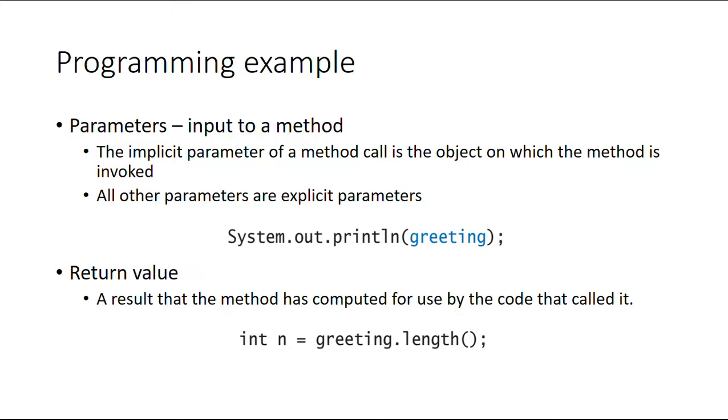So, back to our programming example, we should remember a couple of key concepts that will help us to understand how everything works later on. First of all, we can see that there are parameters, okay? Parameters are the fancy name for the inputs that each method receives, okay? There are two types of parameters. Basically, the implicit ones and the explicit ones. Implicit and explicit,